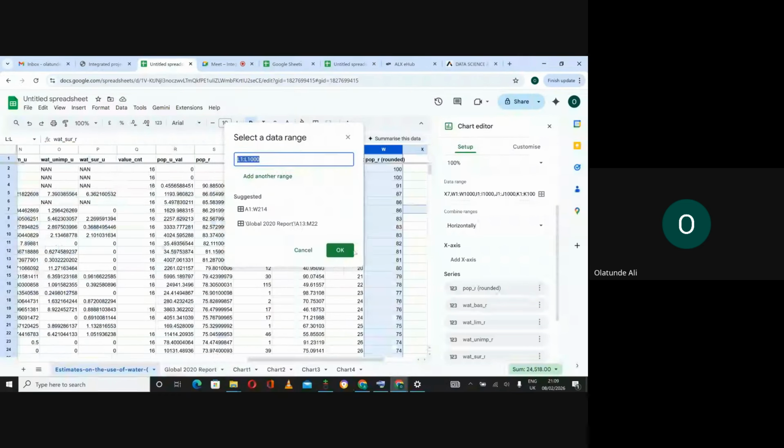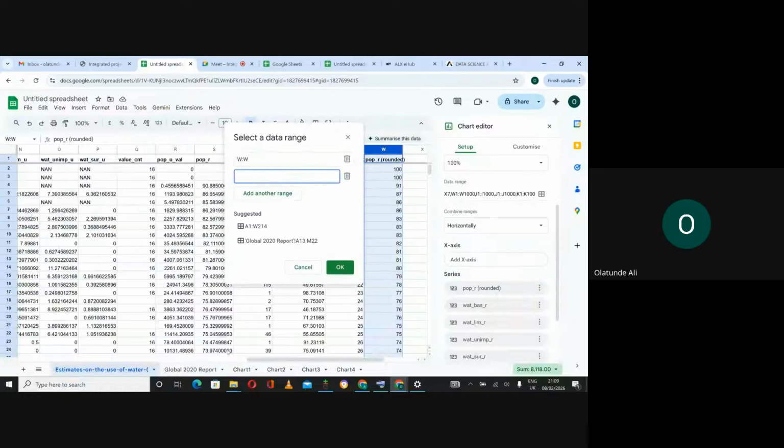It is not so W of W. We'll add the next one,